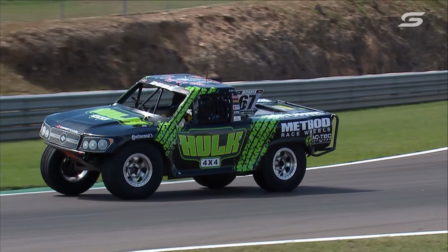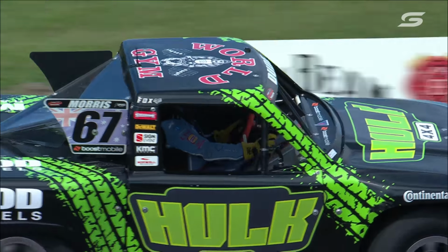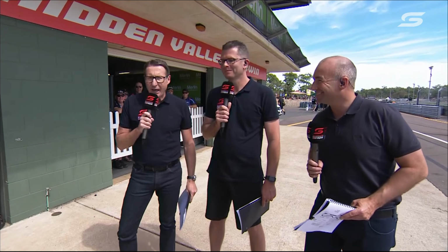Loving the action, and I'm sure everybody here in Darwin is. And for more reaction down in pit lane, let's head down to Mark Scaife. Well, thanks, Nolts. I'm down here with Garth Tander and Marcus Ambrose. We're going to do a little lap of pit lane because there's a lot